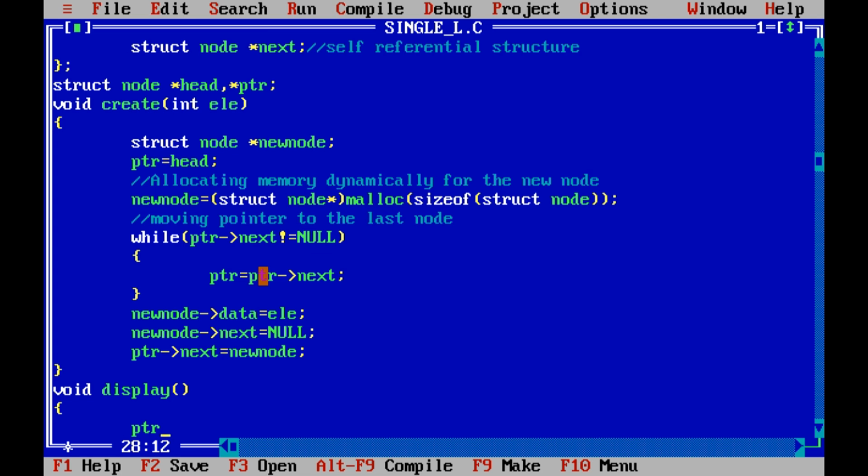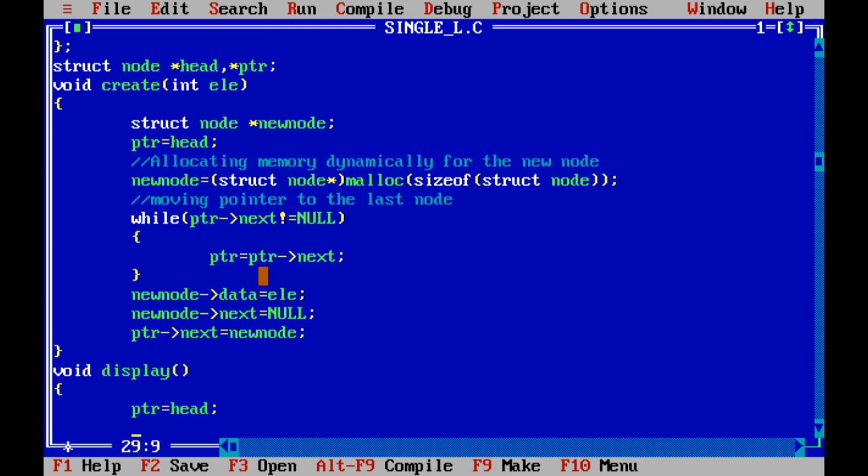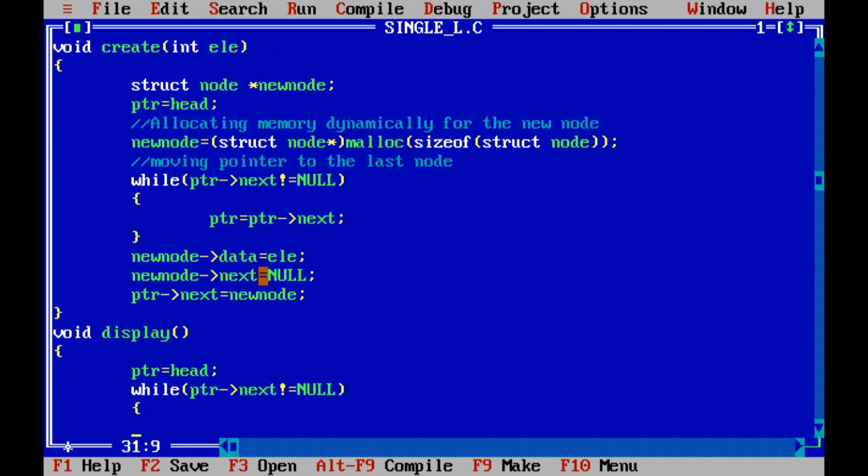That means the pointer should move to the first position, so here ptr is initialized to the head node. Again, while, you have to print from the first node to the last node, so until the last node, ptr of next not equal to null. Then we have to print the data, so printf %d\t ptr of next of